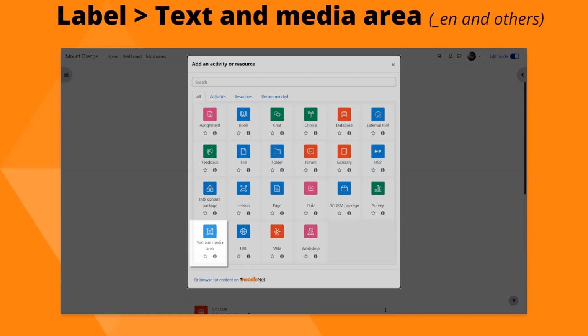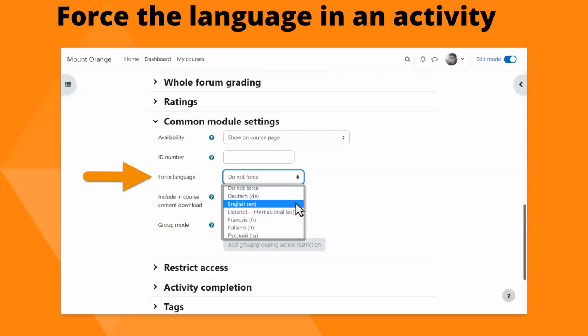Okay, now talking about languages, my favorite topic apart from Moodle, you'll be aware that if allowed by the admin, a course teacher can force the language in the course. However, up until now, you haven't been able to force the language in an individual activity, but you can now do that within an activity from the common module settings. So here we've got force the language. This was discussed in the forums and also in the tracker issue. There are various use cases where it might be helpful, particularly in teaching languages. So this is one to be aware of.